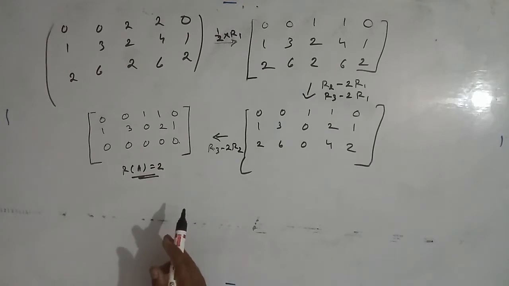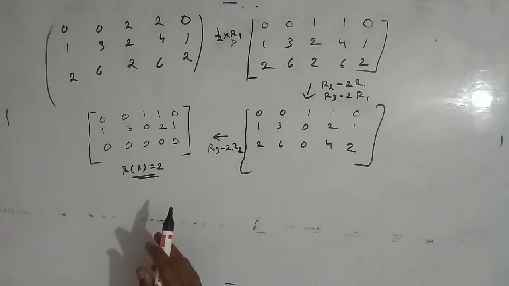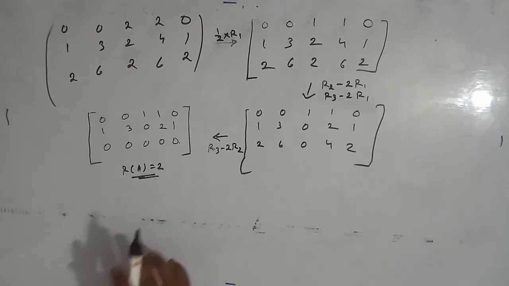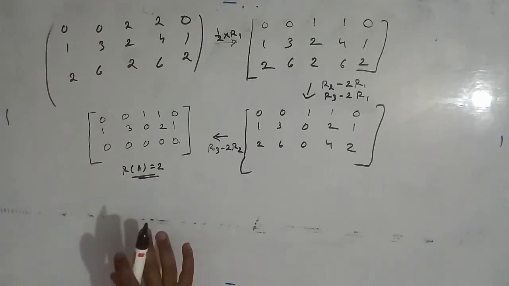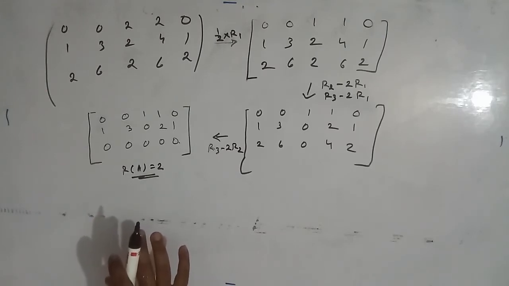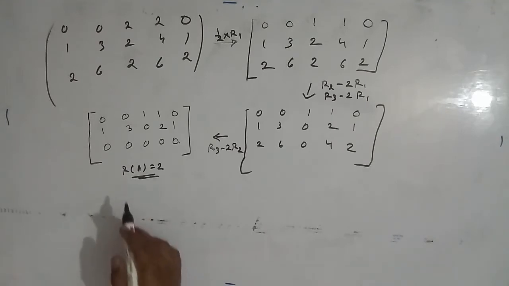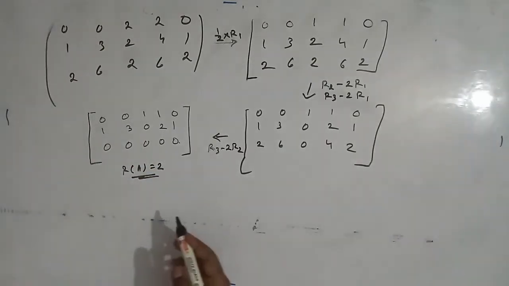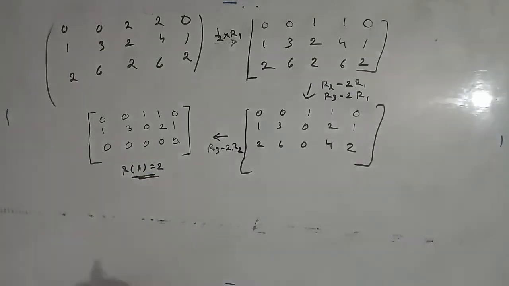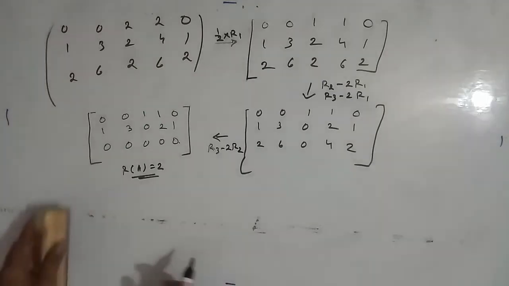Okay, rank of A will be 2 because there are 2 non-zero rows. Now this matrix is row reduced matrix but not row reduced echelon matrix, because the first condition is row reduced, the zero row is in the last position, but 1 is not in the diagonal position, so we can interchange the rows. If we interchange R1 and R2, then it will be row reduced echelon. So I will give another example of row reduced echelon matrix.